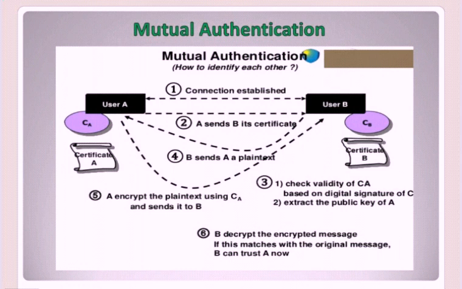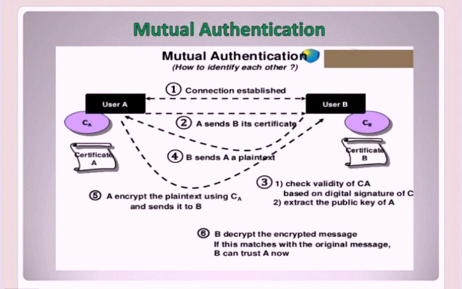Now we assume that each entity will have a copy of the other's certificate, that is the certificate issued by the certificate authority, which contains its public key. The first step is establishing connection. Here the first entity, that is A, establishes a connection with the second entity to start the authentication process. So the first entity A gives its certificate to B. The certificate tells who A is. Then only B is ready for the establishment of the connection.